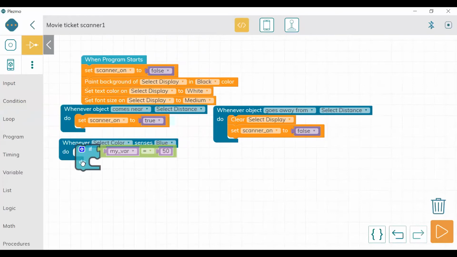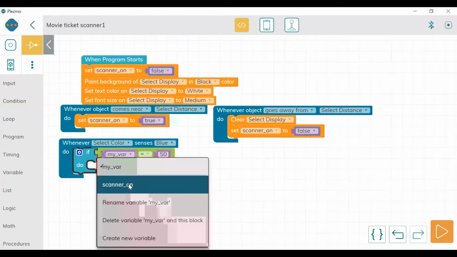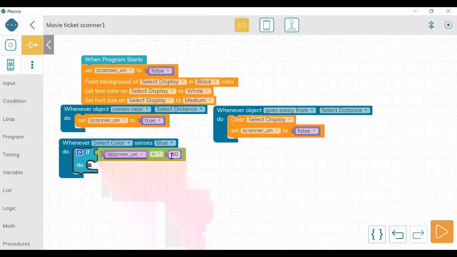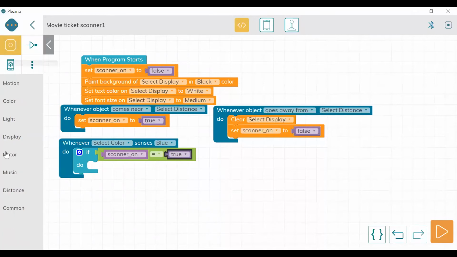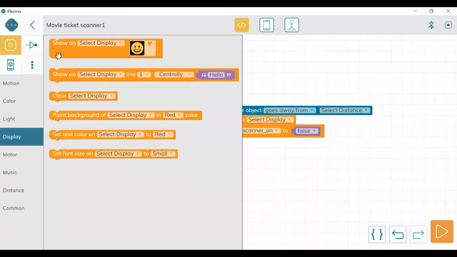If my scanner, that is scanner on, sorry, if scanner on is true, we don't have to take any number. So we are going to delete it, and I'm going to duplicate it from here, and it is true. What we have to show now on display,